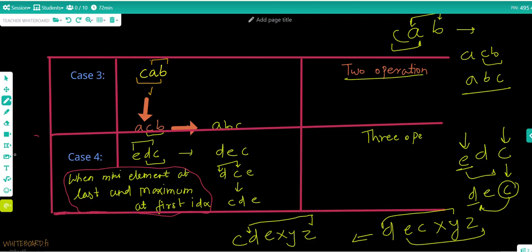Like you can see, suppose this is the case, or you can say minimum is, yeah.